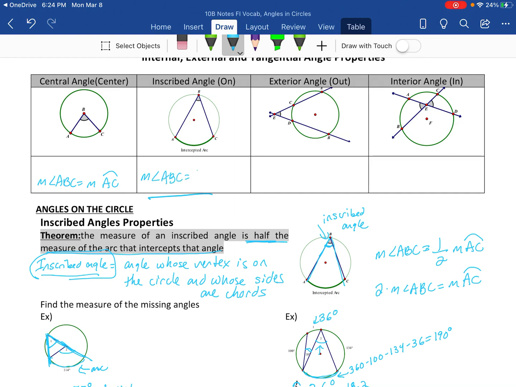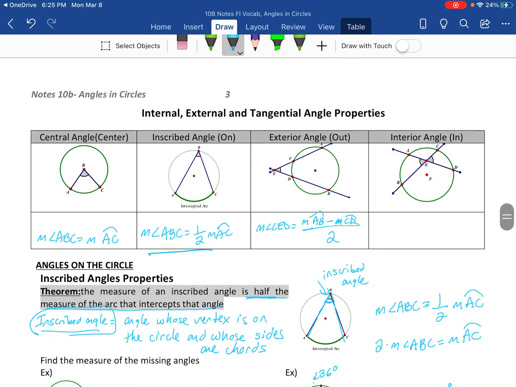So in this case, the measure of ABC is equal to 1/2 the measure of arc AC. This one, since it's on the outside, the measure of angle CED is equal to the measure of arc AB minus the measure of arc CD divided by 2. Okay, and if it's inside like this, then you're going to add and divide by 2. So the measure of angle, let's say AEB, or you could do the measure of angle CED is equal to the measure of arc AB plus the measure of arc CD